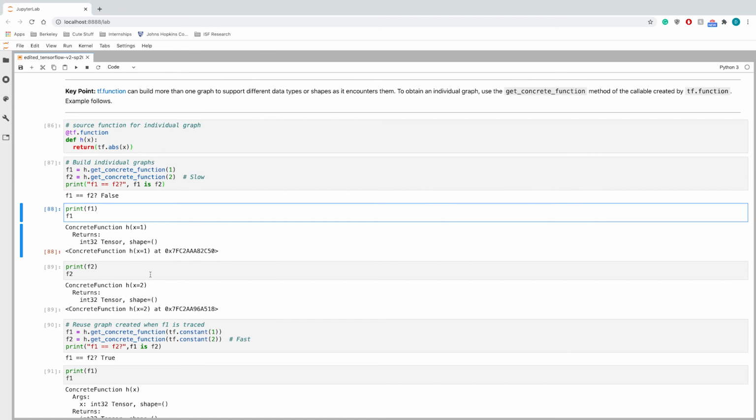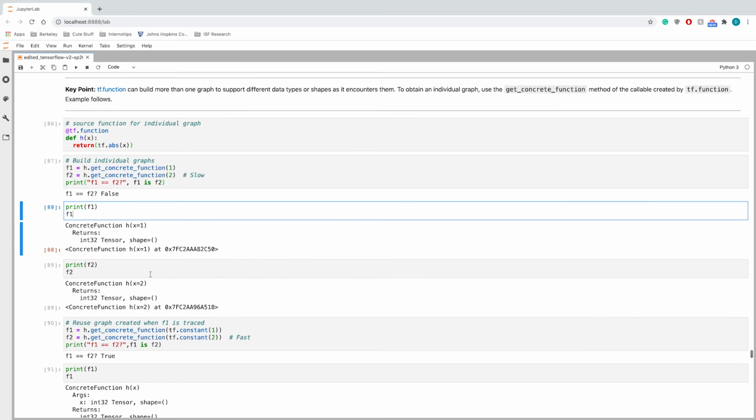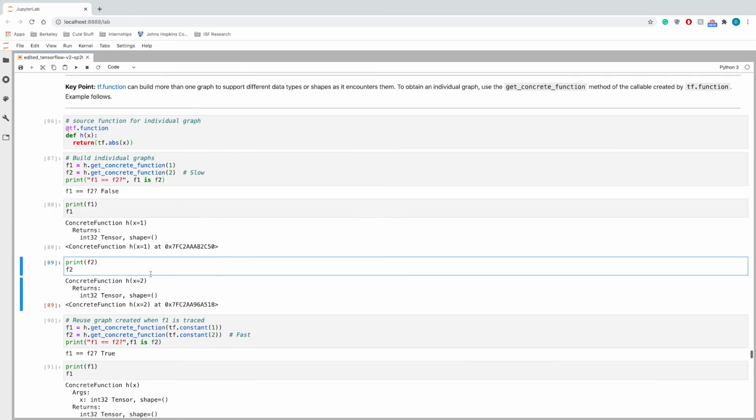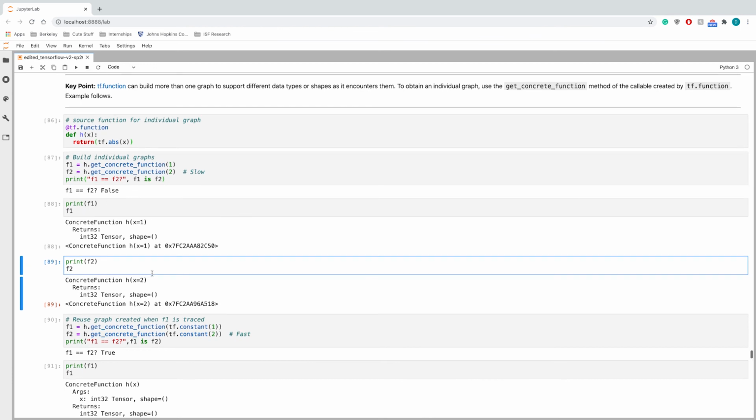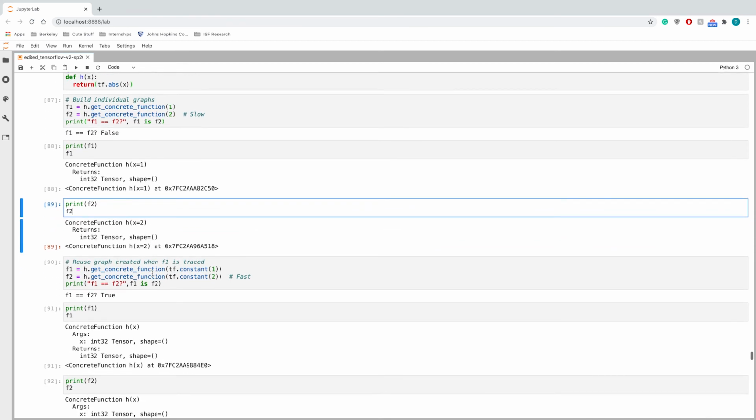So for example, when we were saying that the decorator function is polymorphic, each time that it runs with a different data type, it recreates the graph, but it does it anew, meaning that if you do integer in the first one and then a float in the second one, those are different graphs. Not necessarily an issue if that's what you want, but